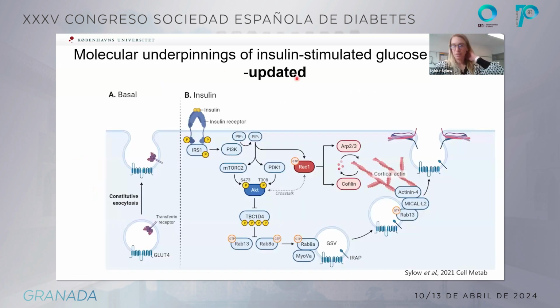So now, just going back to this slide here, I just want to provide the updated version of this, because we now know that there's more to this signaling pathway, and I'm sure that there's much, much more than we know still. But at baseline, Rho-GDI alpha binds to RAC1, but then insulin somehow phosphorylates GDI alpha, leading to dissociation from RAC1, which then allows for the GLUT4 vesicles to go to the membrane and glucose to enter the cell.